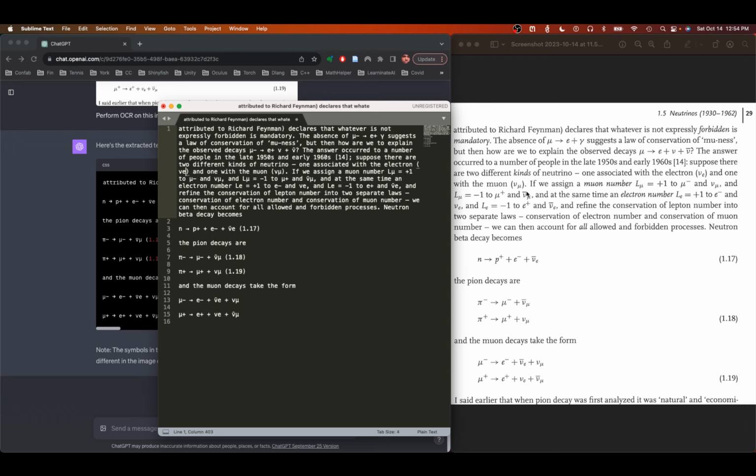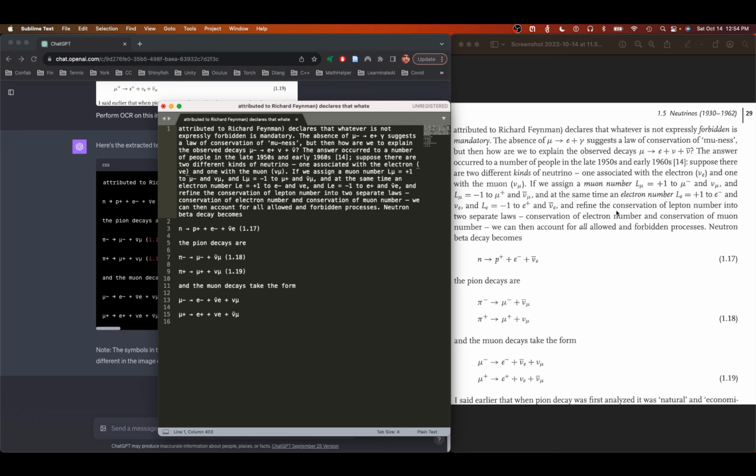Yeah, so it gets the overbars. And at the same time, an electron number, L sub e to +1, blah, blah, blah, blah, and -1,